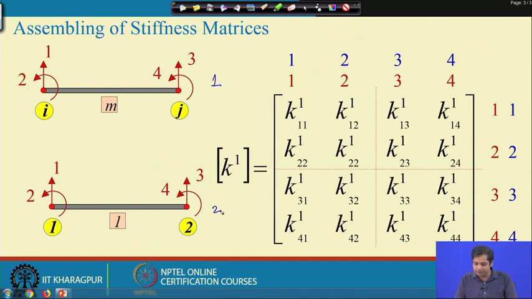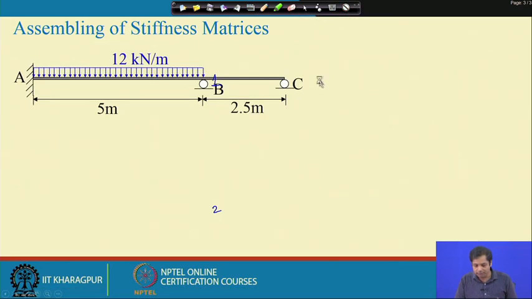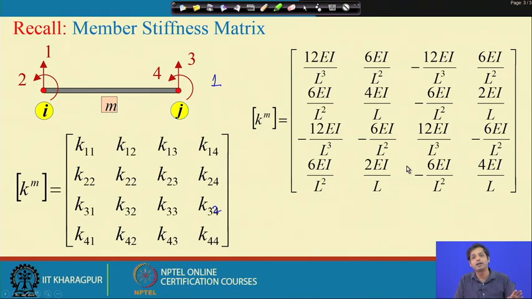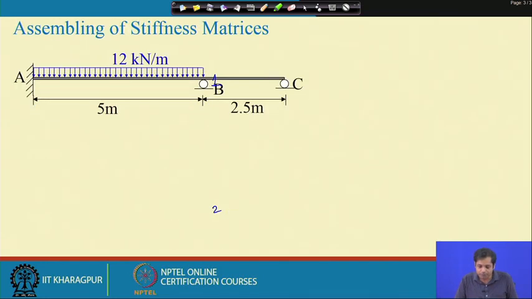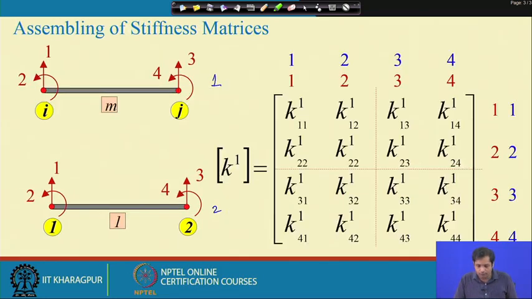So, this is the stiffness matrix for member number 1. We are not writing out the expression for the stiffness matrix here, because we already know it. Once we have the final global stiffness matrix in terms of K11, K12 and so on, we can substitute the expression for the different members. Now let us do it for the second member.